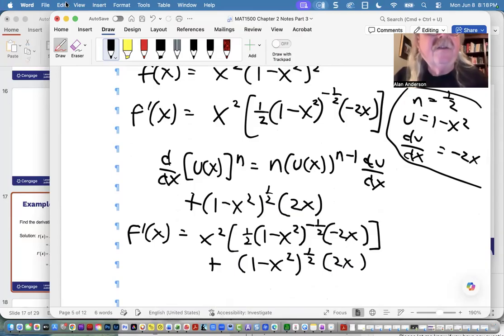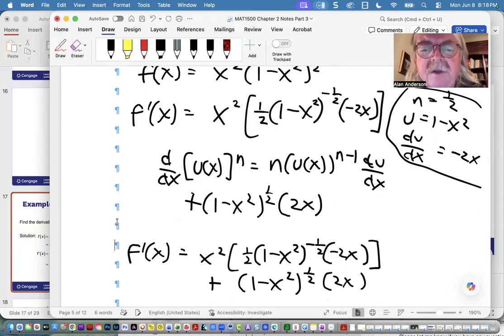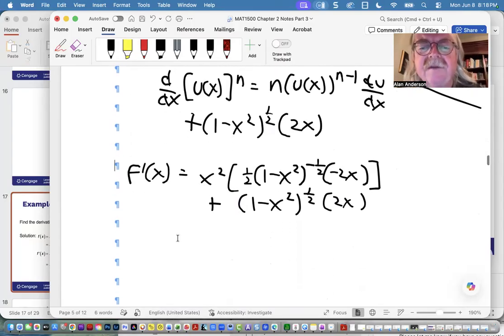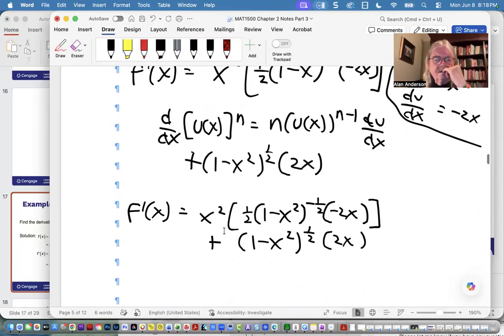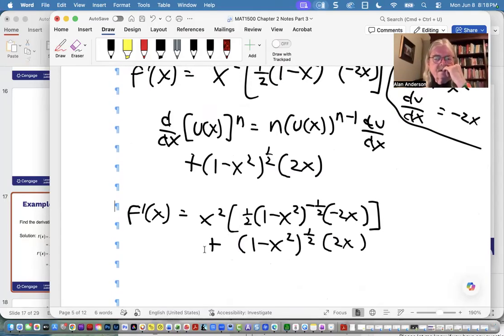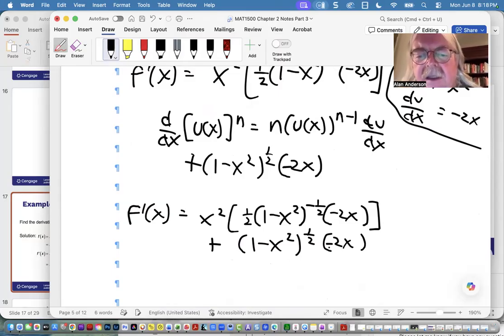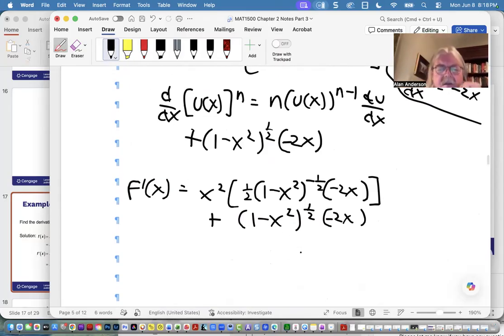Okay, I have a feeling this is where the simplification is going to come, because if you notice, both of those terms have a common factor. Oh, I just realized this should be a negative 2x. Sorry. Okay. So you end up ultimately with,